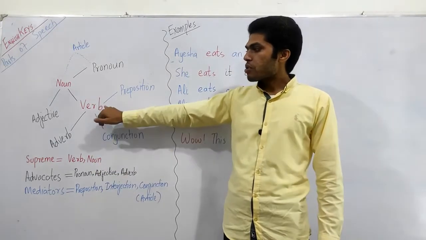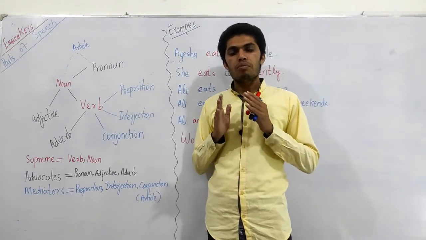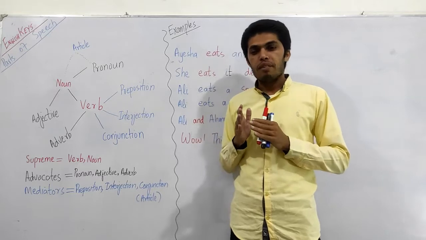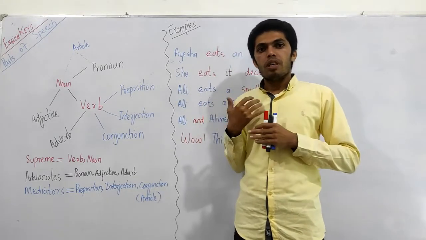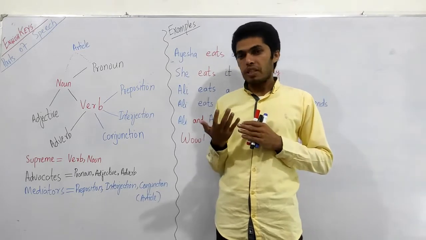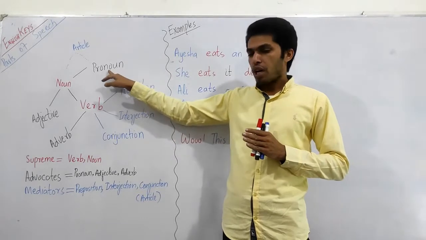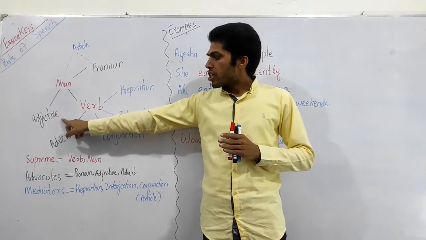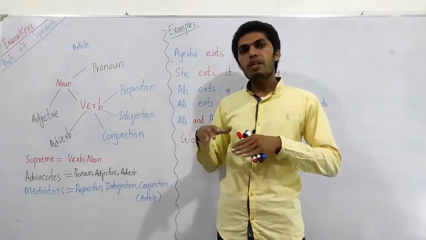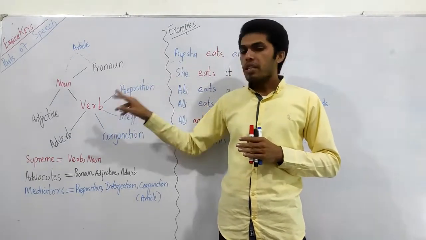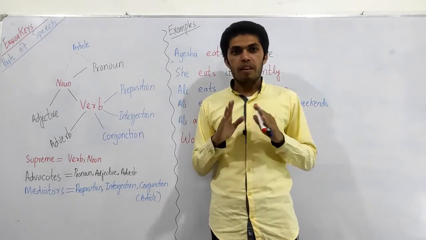Now the first part of speech is the verb, and this is the most essential and most important part of any speech, whether it is in the form of written words or in the form of utterances or spoken language. If you have 1 million other parts of speech, pronouns, nouns, adjectives, adverbs, conjunctions, interjections, prepositions, but one thing is missing, and that is the verb, you cannot have a sentence, you cannot have a speech.